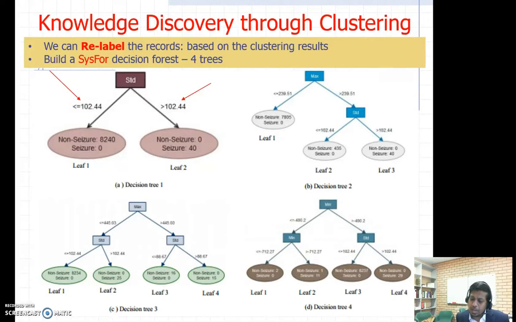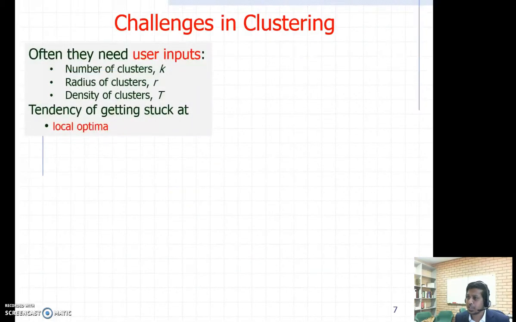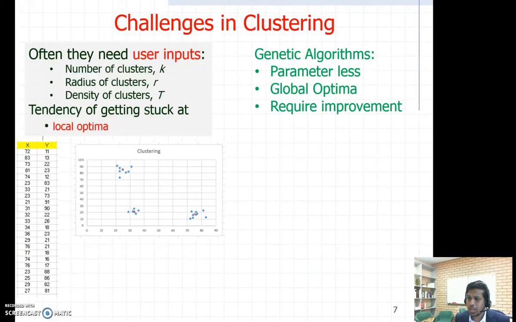So what this explains is that a good clustering can actually extract very good knowledge from a data set. Now in this paper, in this example, we are proposing a new clustering technique called GMC, and now let me explain a little bit about a genetic algorithm based clustering technique. A genetic algorithm is